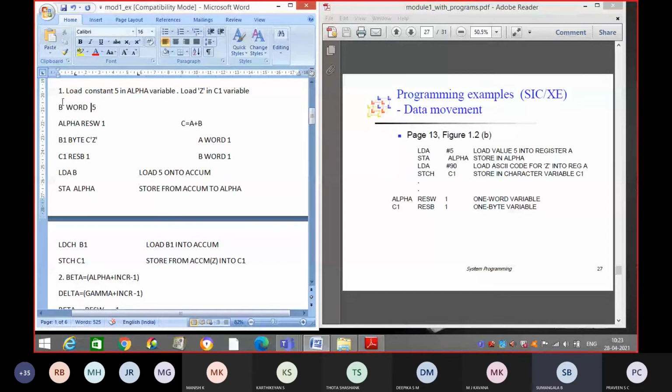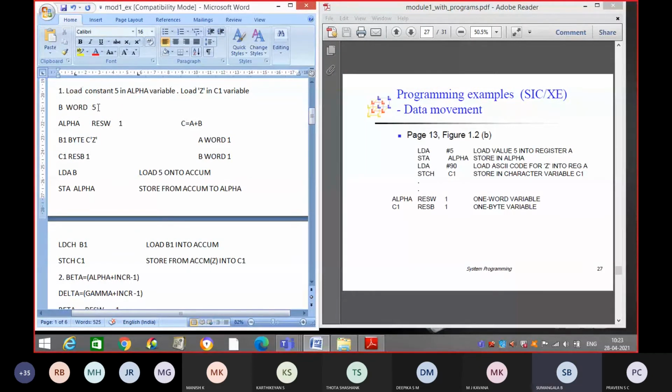Okay, we have declared the variable alpha in which we are going to store the constant phi, right? So B is an integer constant, so use the assembler directive WORD, and for alpha we want to store an integer value, so you take RESW, not RESB. How many words are we reserving? One. Okay, so now we have to store this constant phi onto alpha, right?